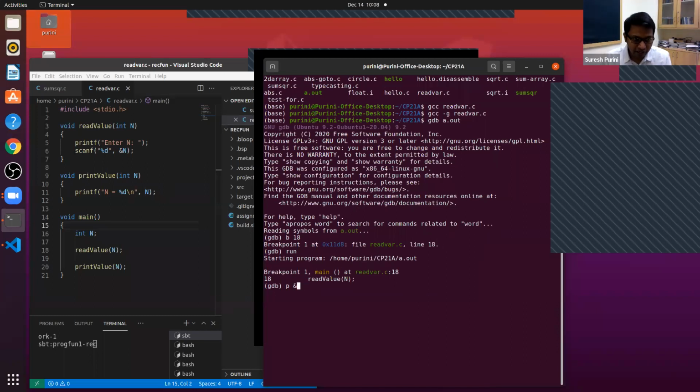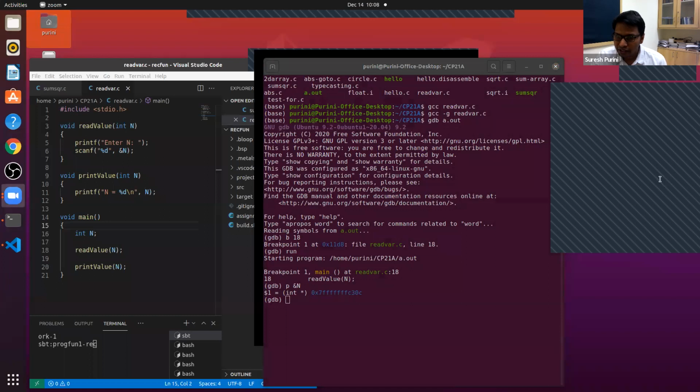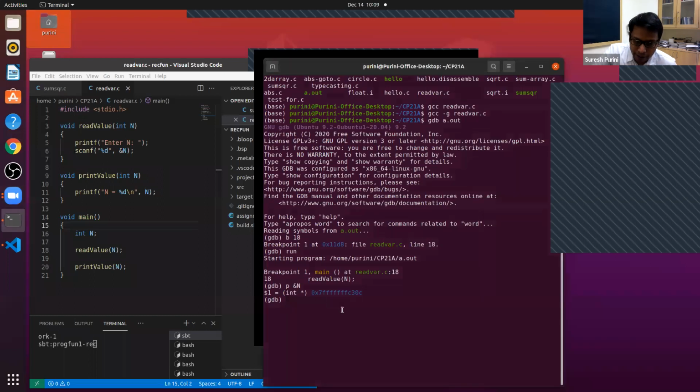The variable n, so now we are in the scope of the function main. And so we are printing the address of the variable n. Do you see the address of the variable n? It is in hexadecimal form. Did you study hexadecimal numbers in your DSM course? Right? Yeah. So you see that there is a hexadecimal number. This is the address of the variable n, and this is the local variable n.